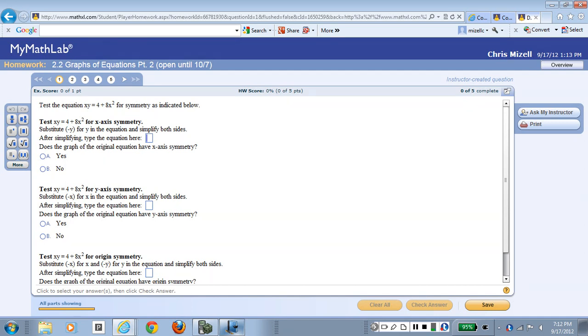Test the equation xy equals 4 plus 8x squared for symmetry as indicated below. So to test it for x-axis symmetry, that's not what it says, but the follow-up question is, this is why we substitute negative y for y. We actually want to substitute negative y for y in the equation and then simplify. So doing the substitution,